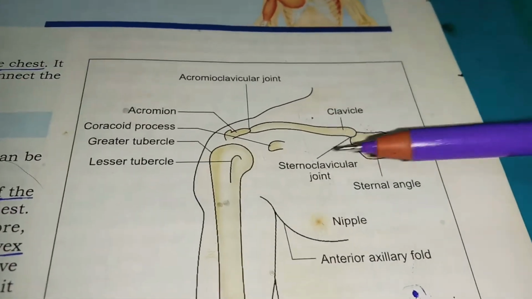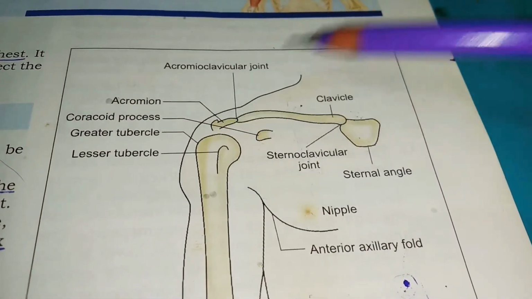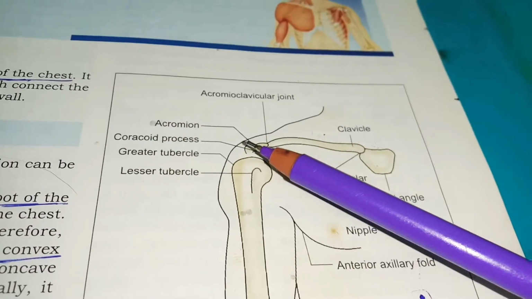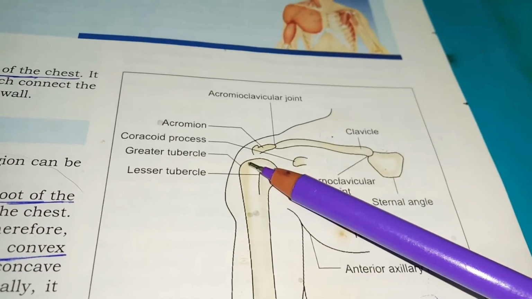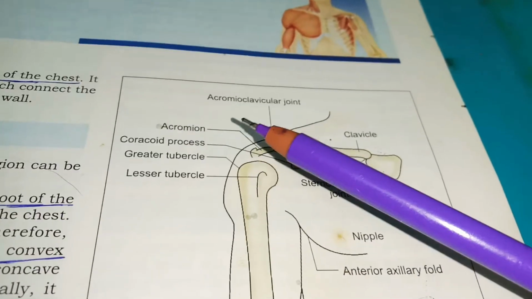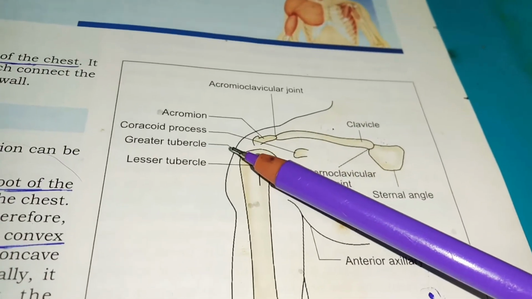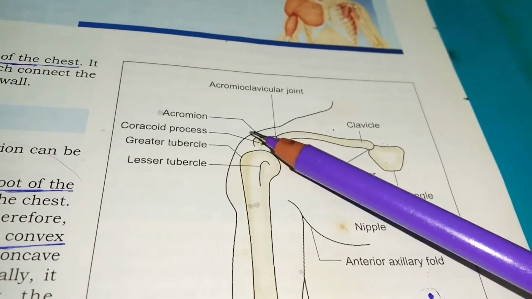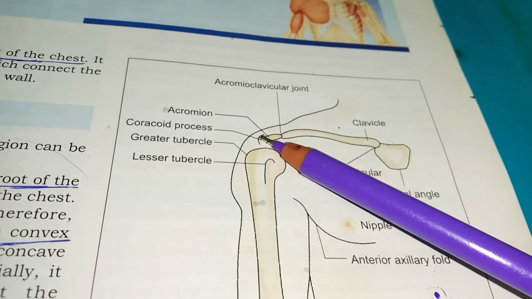Next, coming to the acromion process of scapula. If you see, this is the acromion. This acromion process of scapula is subcutaneous, you can even feel it, on the lateral side. It forms the top of the shoulder, and the posterior end. If you see the posterior end of the lateral border.